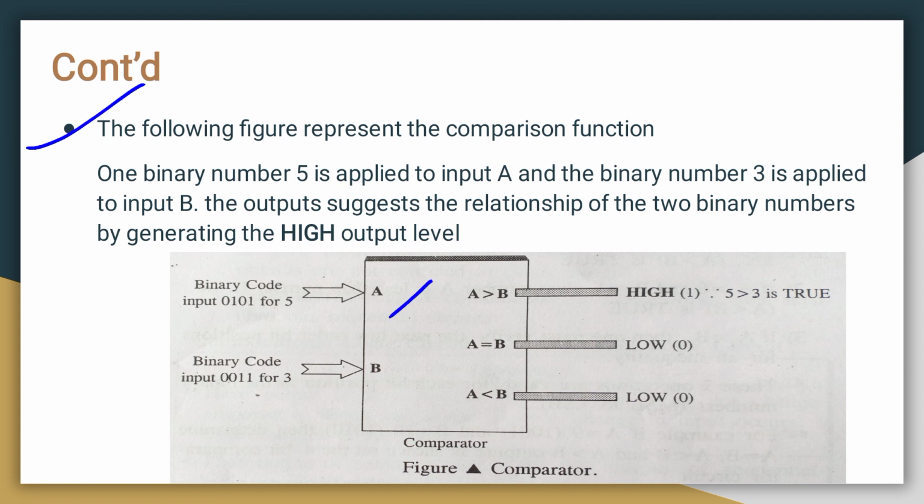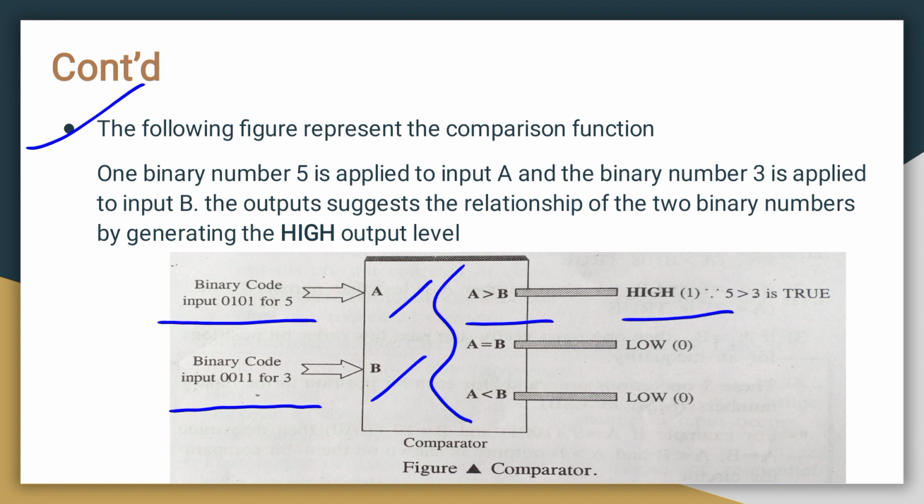So take an example of comparison function. So here A is one input and B is one more input. So let's take 5 as an input to A, take 3 as an input to B in the form of binary code. So you have to put the content in the form of binary code. Then it will check for the comparison of these three conditions. That is A is greater than B, A equal to B, A is less than B. So whichever condition gets true, then the output will be high. If A greater than B is true, then the output will be high. If both are equal, then the output here is high. If it is less than, the output is high.